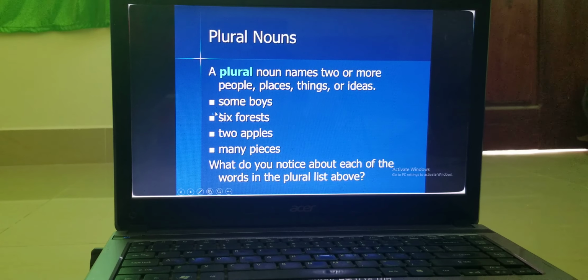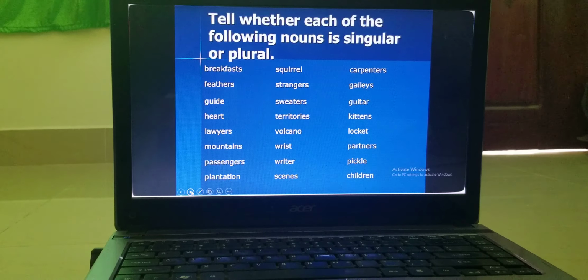So based on our lecture, we can see that boy and so at this point you can tell that each of the following nouns is breakfast, treasure, water, mountain, adventure, plantation, hero, stranger, scholar, curriculum, volcano, writer, carpenter, cheetah, kitchen, rocket, partner. So you can see